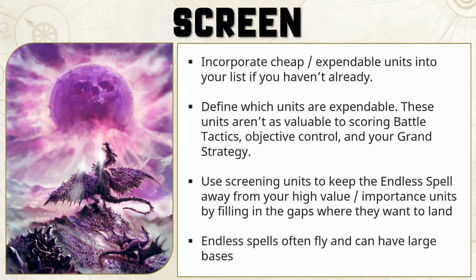If you've been unsuccessful in unbinding or dispelling that endless spell, it is time to start screening. Look to incorporate cheap expendable units into your list if you haven't already included them. Free Guild Guard, Clan Rats, Direwolves, Hobgrots, Noblars, the Chaos Underworld's warbands like the Untamed Beast are just a few examples of those cheap units that could soak up a charge,